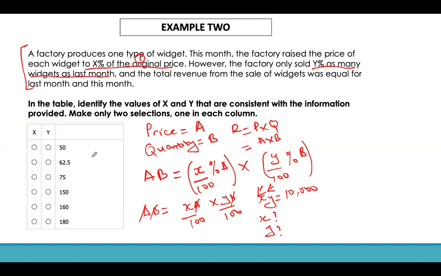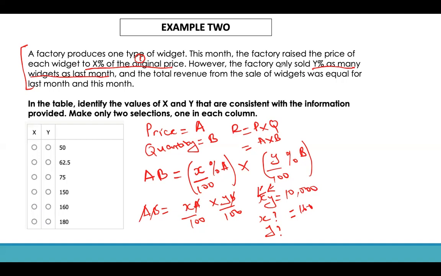So with that knowledge, we look for a combination of numbers that multiply together to give you 10,000, right? Using the on-screen computer, you can easily multiply these figures, and you'll find that X in our case would be 160,